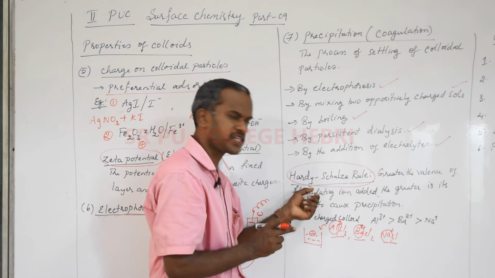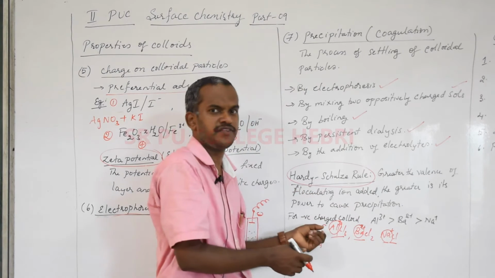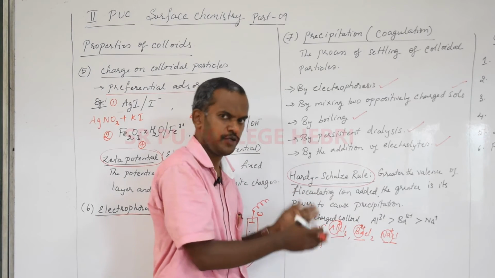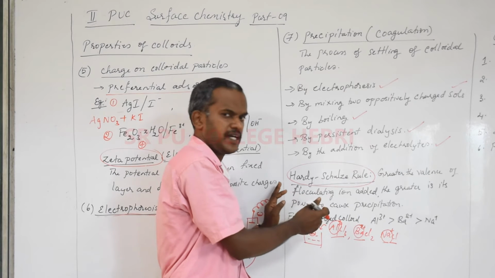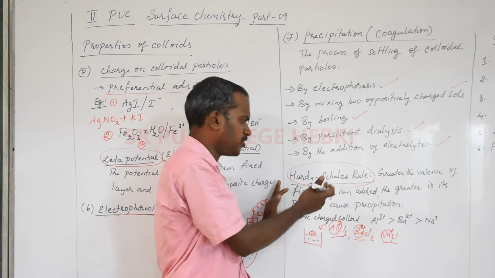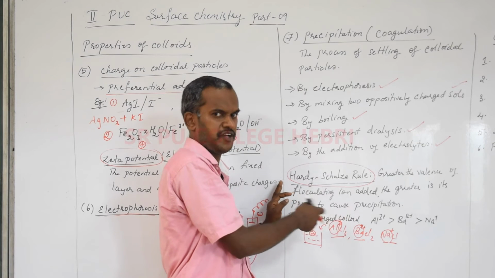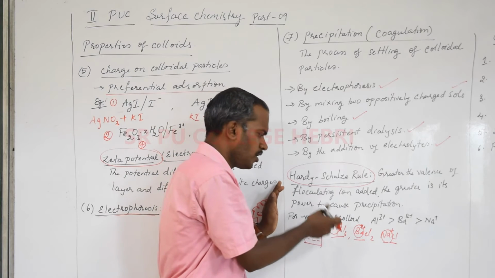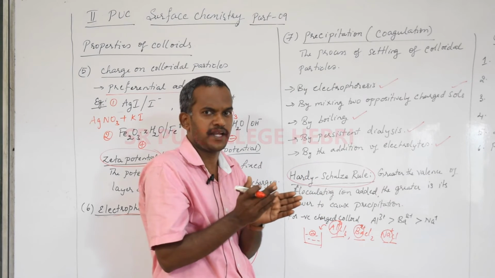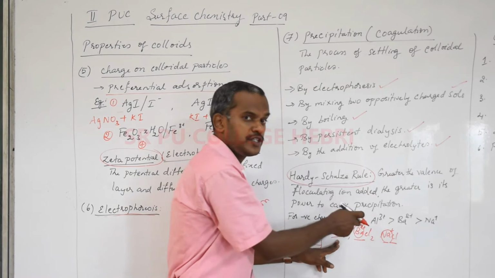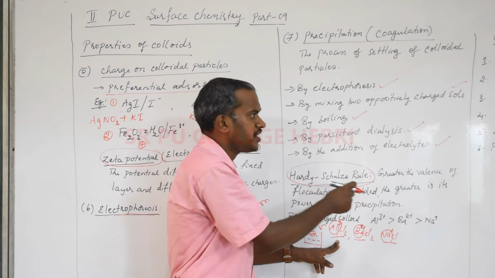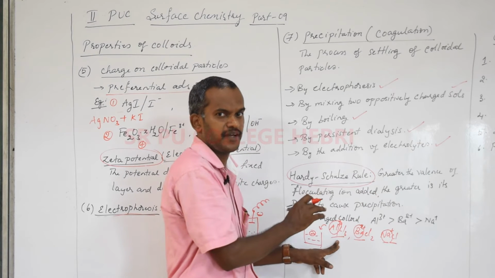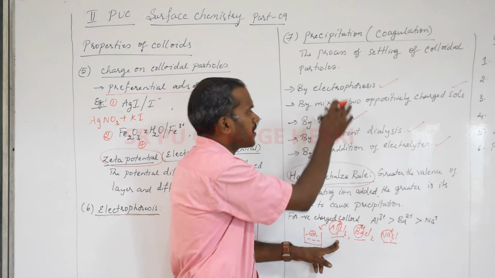Okay, once you know the statement, you can easily apply it for any of the colloids. But when you study this concept for a competitive exam, you must know different examples of positively charged and negatively charged colloids. If you refer to different books, you'll get them. Once you know the charge on the colloidal particles, it is very convenient to identify which is the flocculating ion there. Are you clear? So that is simple about the precipitation.